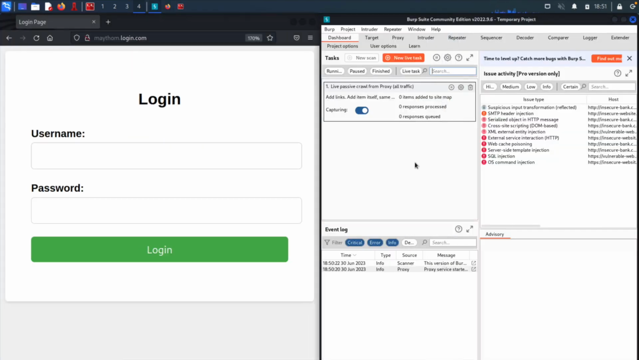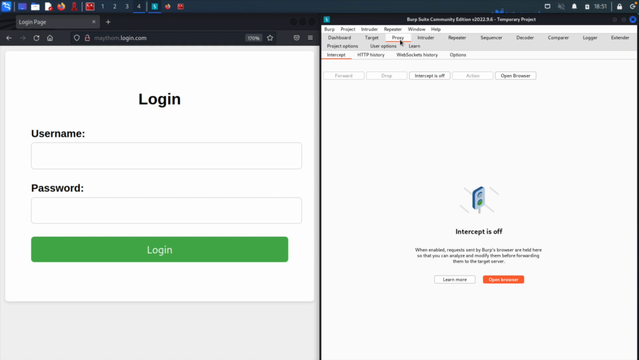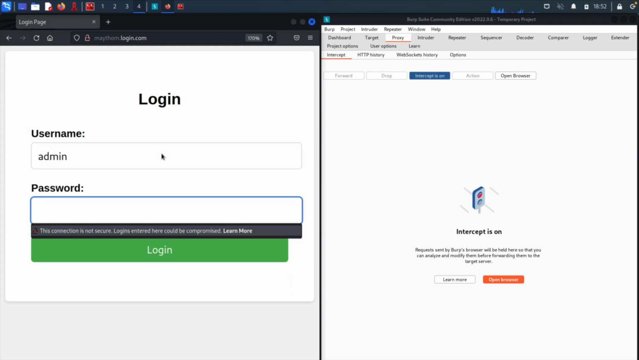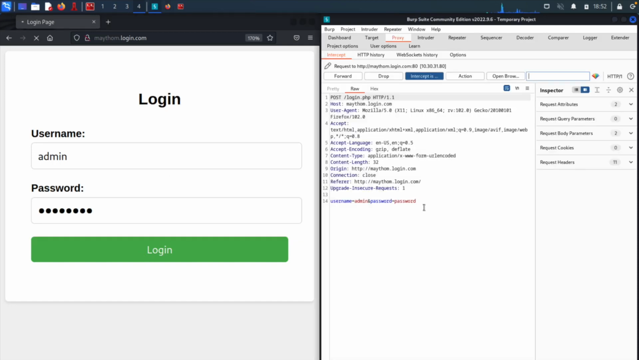Perfect. So once you have Burp Suite running and the Burp Suite proxy is set up correctly, let's go to the proxy tab and click on intercept. And in here, let's turn on the interceptor. So click on it to turn it on. And from the login page, I will input a random username and password for testing purposes. So I will do admin. For the password, I'll do password once again. Hit login. And as you can see from the Burp Suite window, I have intercepted this login request,